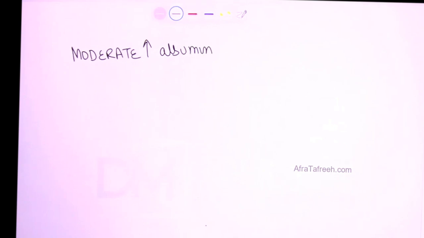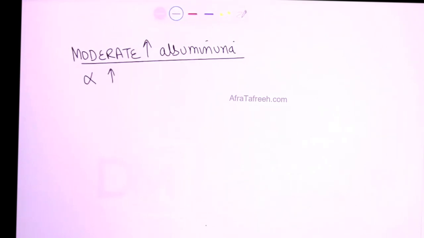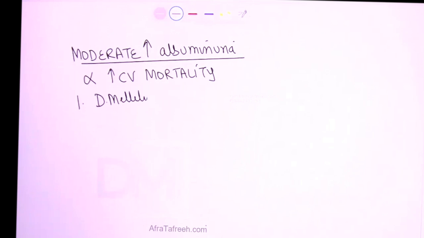This was formerly called microalbuminuria. The first point to be remembered is that people who are having this will have higher cardiovascular mortality. The incidence of coronary artery disease is significantly increased in these patients. One of the reasons why this could be present is diabetes mellitus. Do remember that patients with diabetes mellitus, if they're type 1, it will take 5 years; if they're type 2, it will take 20 years for them to develop nephropathy. Now, only people with HbA1c more than 7% are going to end up developing